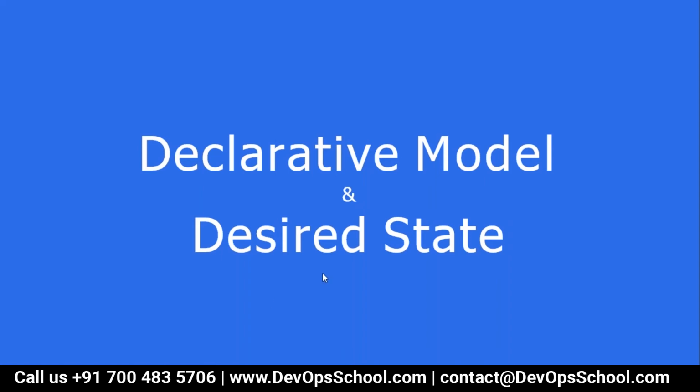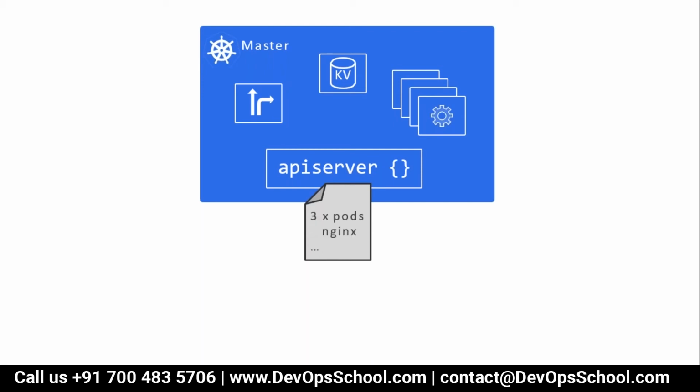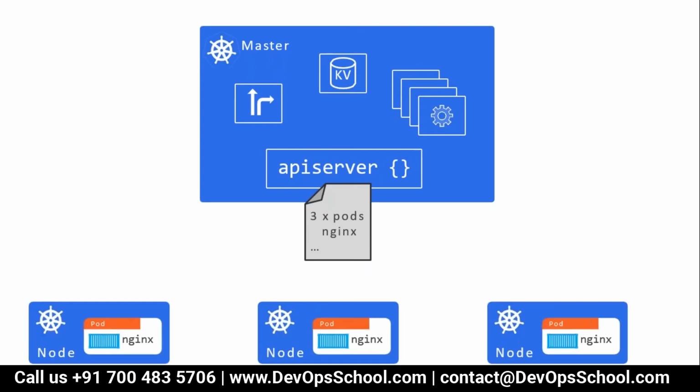So guys, if I go further, see here, we declare in YAML or JSON our desired state, whatever I wanted, put it in that, send it to the API server, and then what happens? We know that. What do you want? 3 pods of what? Nginx. Remember, a pod has a container, so you have to tell Nginx. So I want 3 pods of Nginx. The moment you send your desire, I want 3 pods of Nginx, you get the 3 pods.